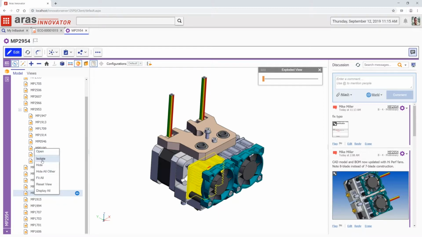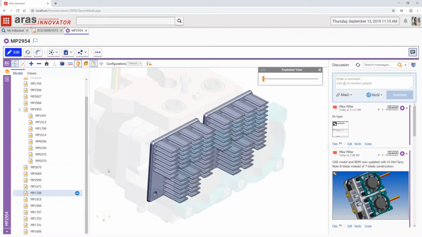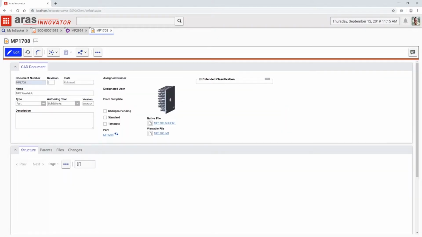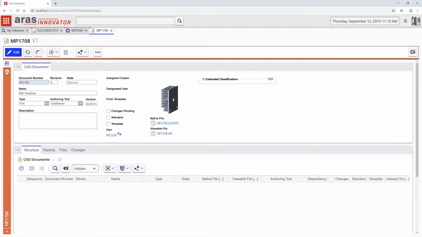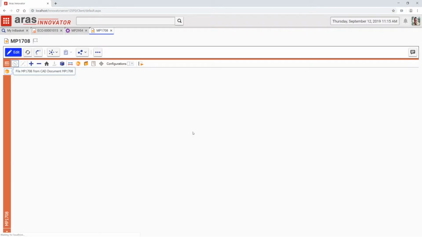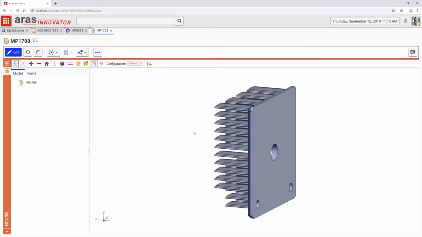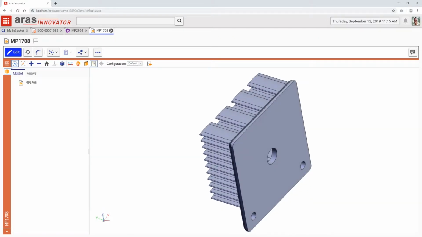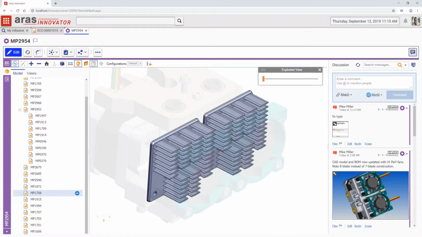I can isolate it, view it, and even open it directly from here without ever going out and having to search, and knowing again that it's exactly what I need. So certainly Office documents, CAD documents, 2D, 3D, all very accessible, all very important, delivered right to me to use in the context that makes sense to me.